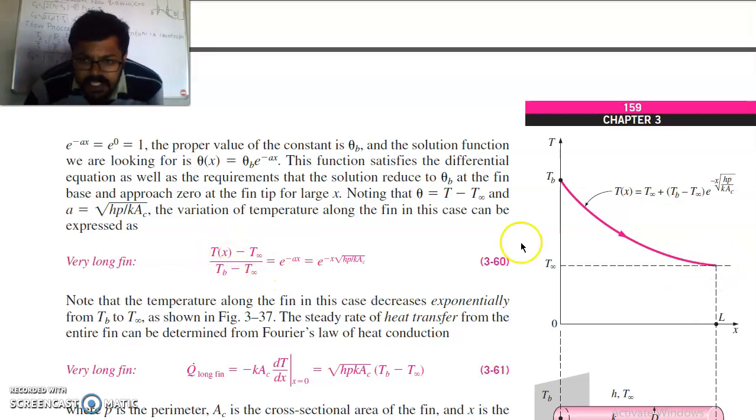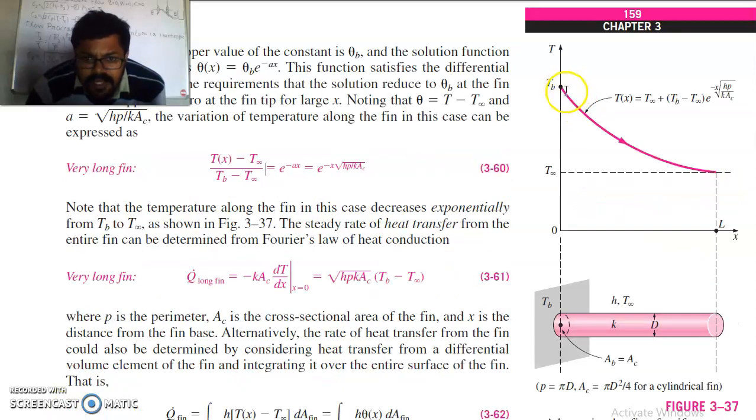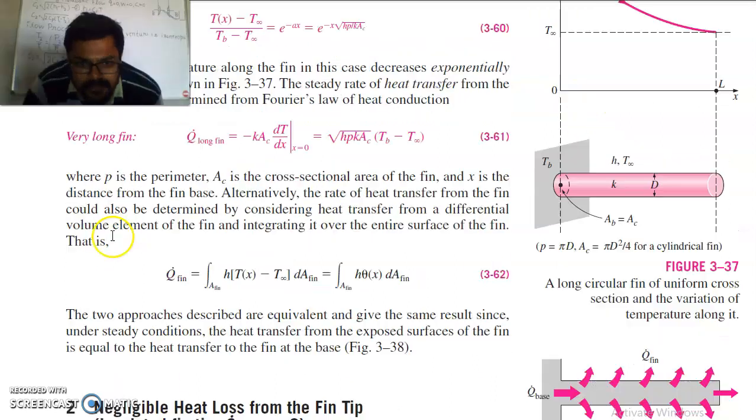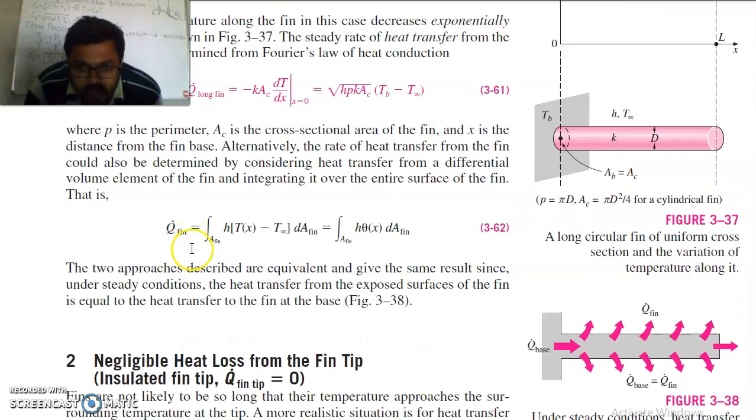On rearranging this, you will get this equation. So the temperature variation along the fin is decreasing exponentially from Tb to T infinity, as shown in this figure. An alternate method: the rate of heat transfer from the fin could be determined by considering heat transfer from a differential volume element of the fin, integrating it over the entire surface of the fin, that is Q fin is equal